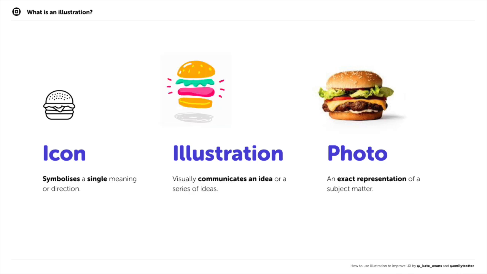Illustrations then sit in the middle. They communicate an idea or a series of ideas. So this fills the niche where using a photo might not be relevant, as it could be misleading or distracting because of the unnecessary exactness of detail, and also where more visual complexity than an icon can offer is required